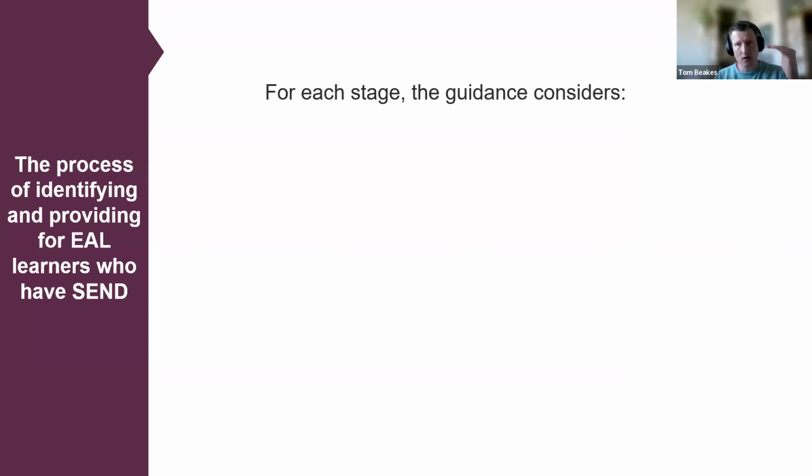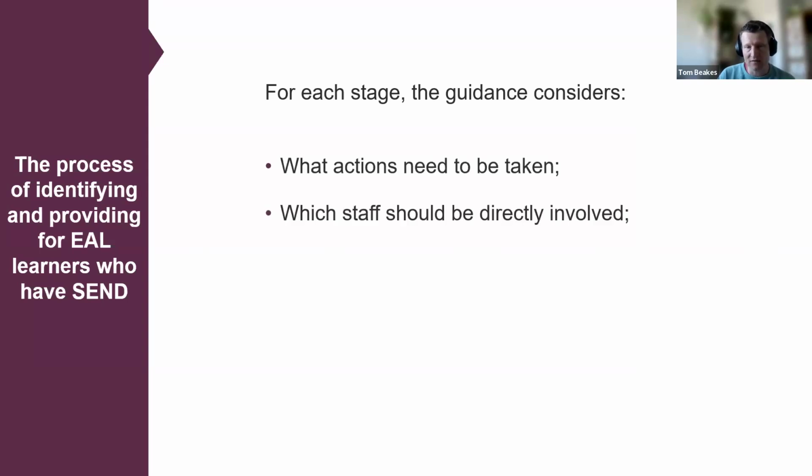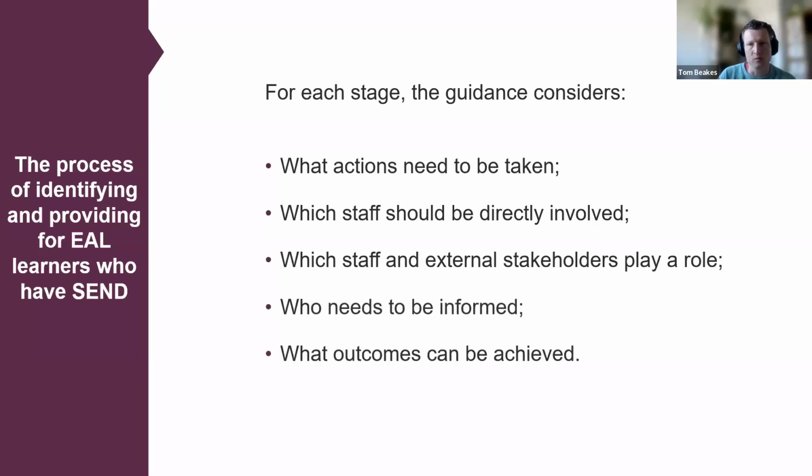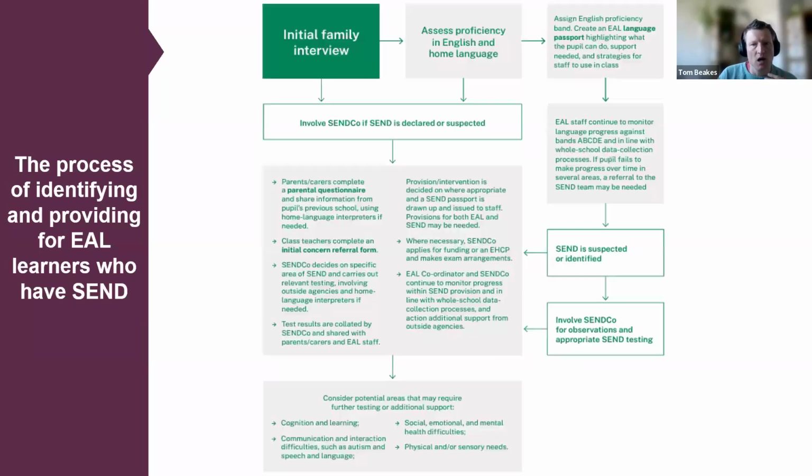And for each stage in the guidance, it considers the actions that need to be taken, which staff need to be involved, which other staff and external stakeholders play a role and may need to be involved as well, who needs to be informed, and which outcomes can be achieved. This is summarized at the start of the section. There's a little flow chart here with a summary of the process